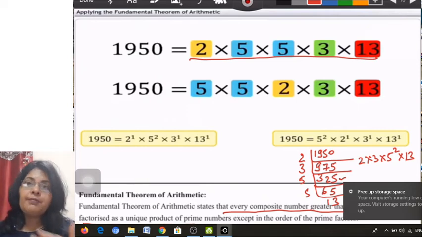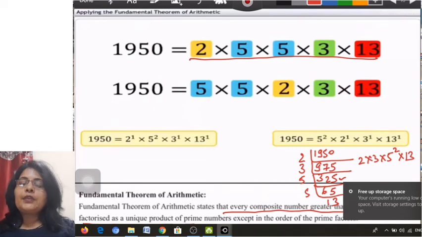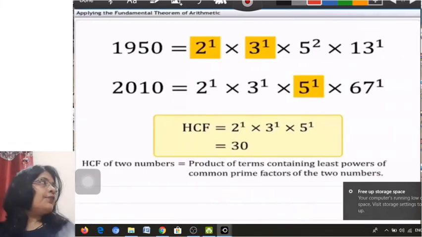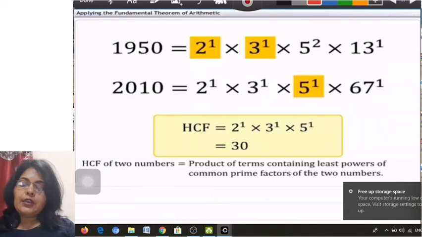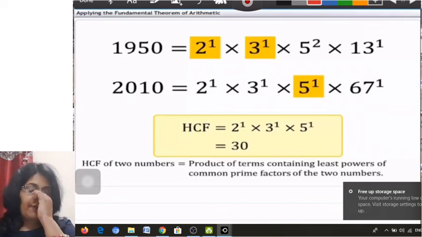देखने में ये बहुत बड़ी बड़ी सी दिख रही है, बट एक्चुअली this is all what I have explained to you. अब Fundamental Theorem of Arithmetic की हेल्प से अब हम लोग HCF and LCM find out करने की कोशिश करेंगे. HCF by prime factorization method क्लास 4th 5th में हम लोग ऑलरेडी पढ़ चुके हैं, तो वही चीज़ हम कर रहे हैं. हमने 1950 का प्राइम फैक्टराइजेशन किया. इसी तरीके से now you can simply do the prime factorization of 2010 also.